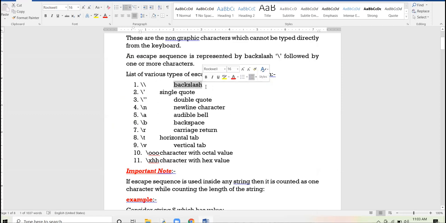Backslash for displaying the backslash symbol, single quote, double quote, \n new line character, \a audible bell, a beep sound will be heard when you use this. \b backspace, \r carriage return, your enter key. \t horizontal tab, \v vertical tab. \ooo for octal value, and \xhh for hexadecimal value.